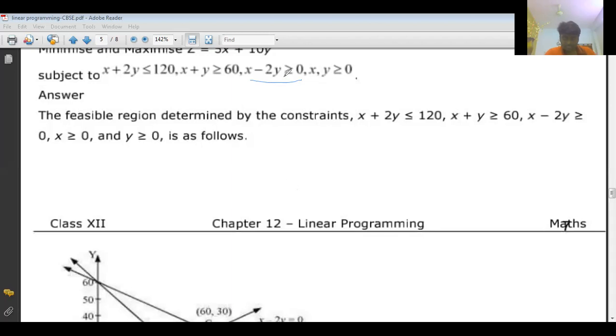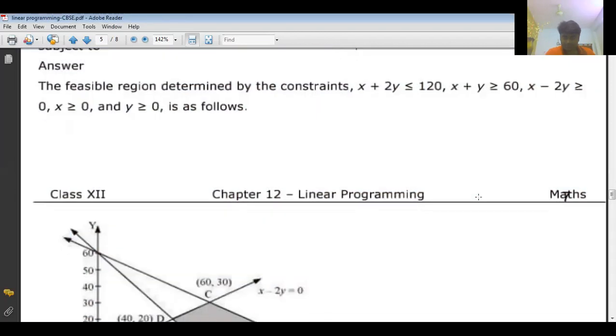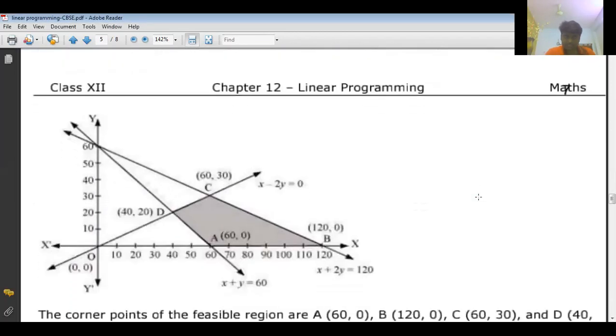Okay, and this is having one point of intersection with this, and it is having one point of intersection with this also. So then we can go for finding the point of intersection by taking table values. Just have a look at that. See, that last constraint is passing through the origin, with an x term and a y term and no constant term, and it is going to intersect the first line at 60 comma 30.